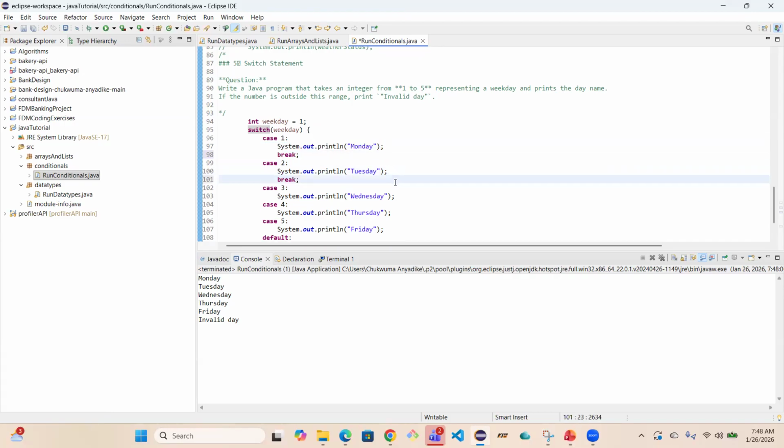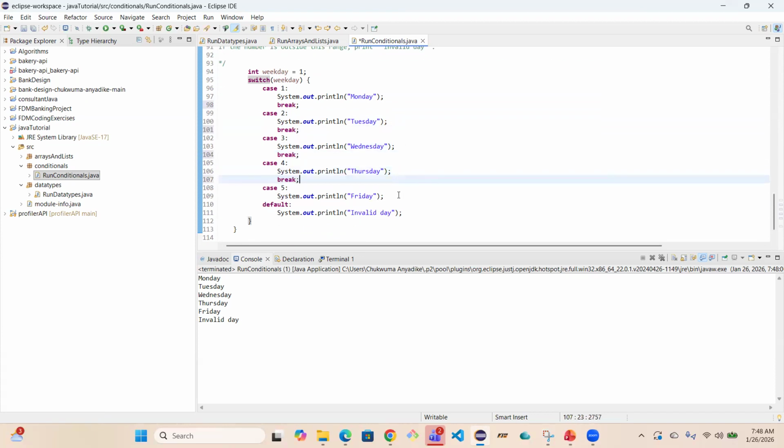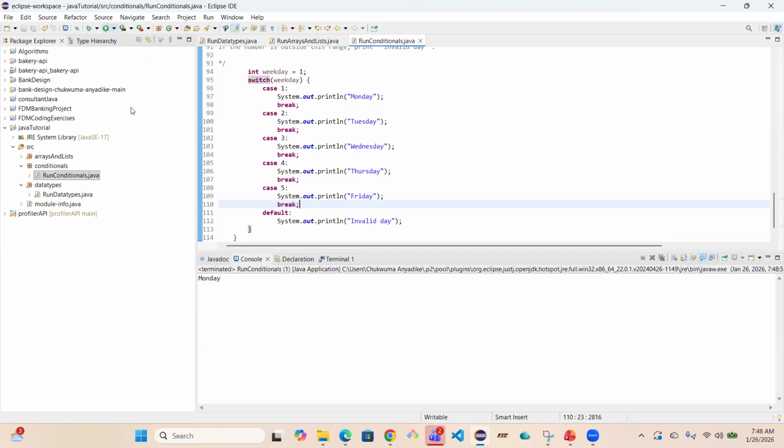So let's add our breaks. Let's add our breaks and see what we get. So we'll save this and let's print. Okay, so now we get Monday, Tuesday, Wednesday, Thursday,